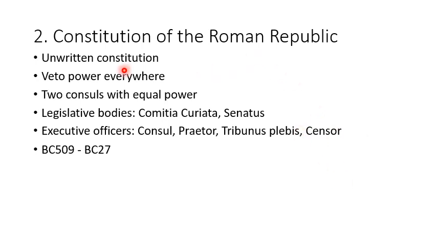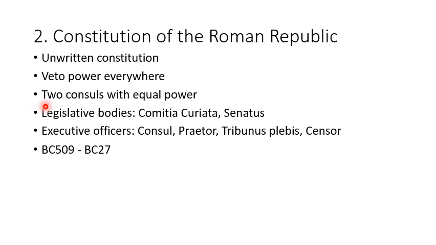And the second lesson is the big one. It's the Constitution of the Roman Republic. It was an unwritten constitution with veto power everywhere. I can say that the ancient Romans had checks and balances in many ways, and many officials could veto the policies or decisions of other officials. So, for example,